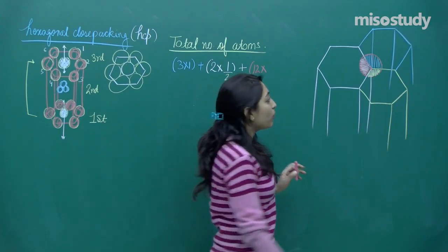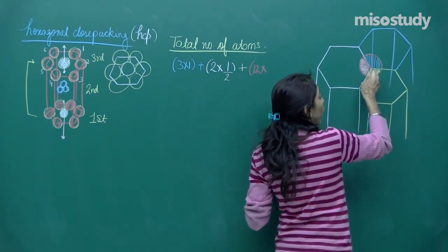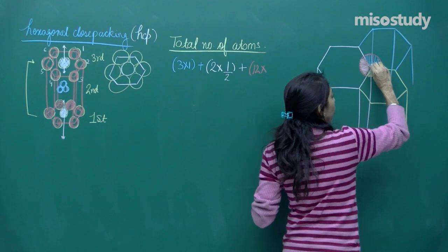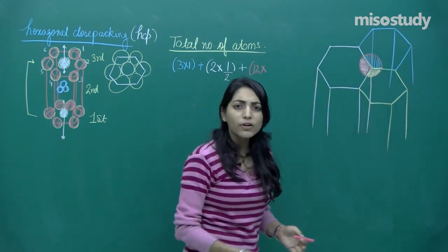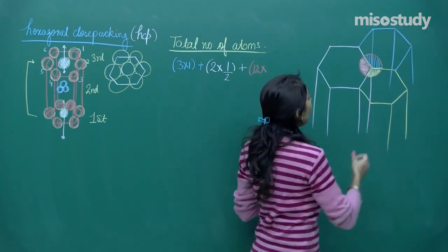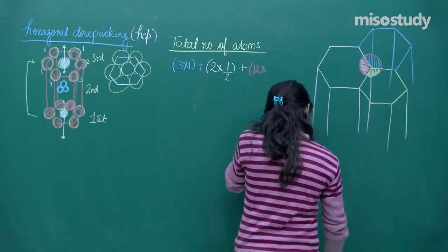But guys, that means this particular atom is sharing 1/3 to the yellow one, 1/3 to the blue one, and 1/3 to the white one, right? But don't you think I can draw one more unit cell? Like for white,